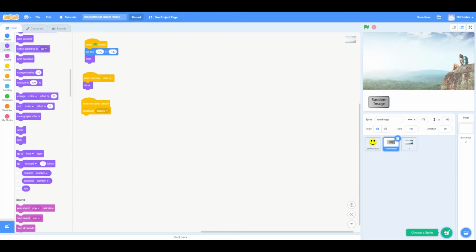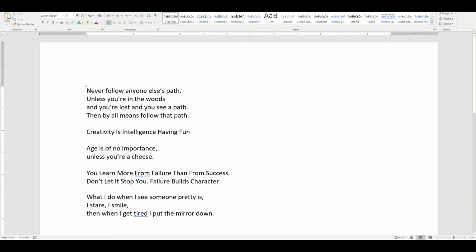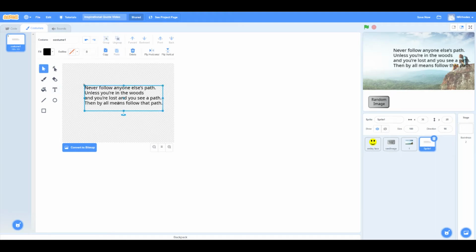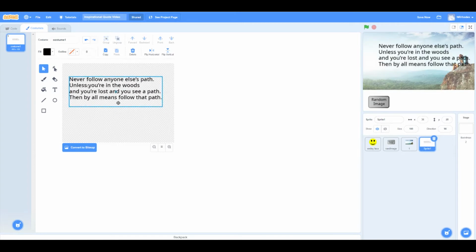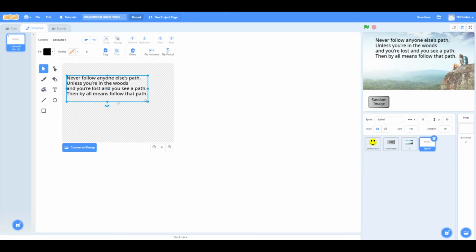Let's do our random text. We are going to paint a new sprite here, and we're going to put a bunch of text quotes in here. Now, I have a bunch of quotes already that I'm just going to copy and paste them in to save time. And I'm going to keep them roughly around the same size. If you see up here, I don't want to bleed into too much of it. So I gotta make sure